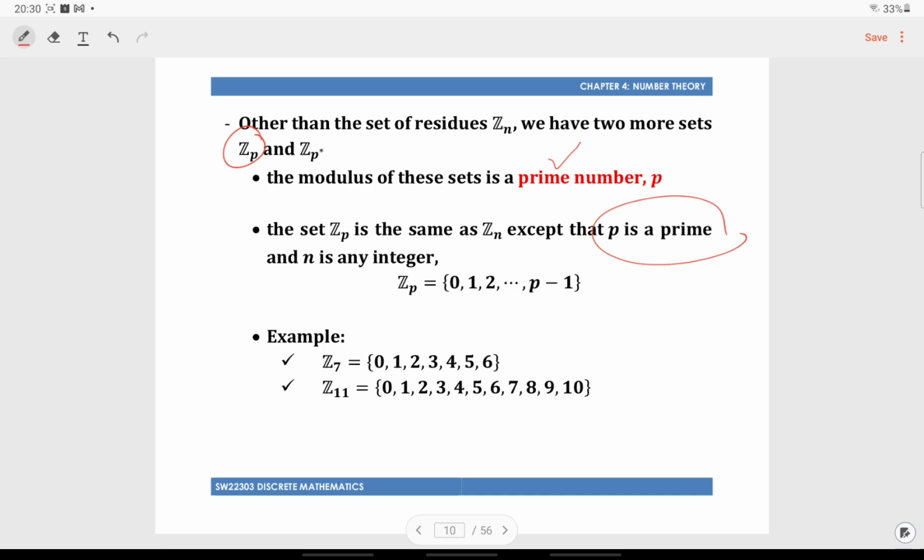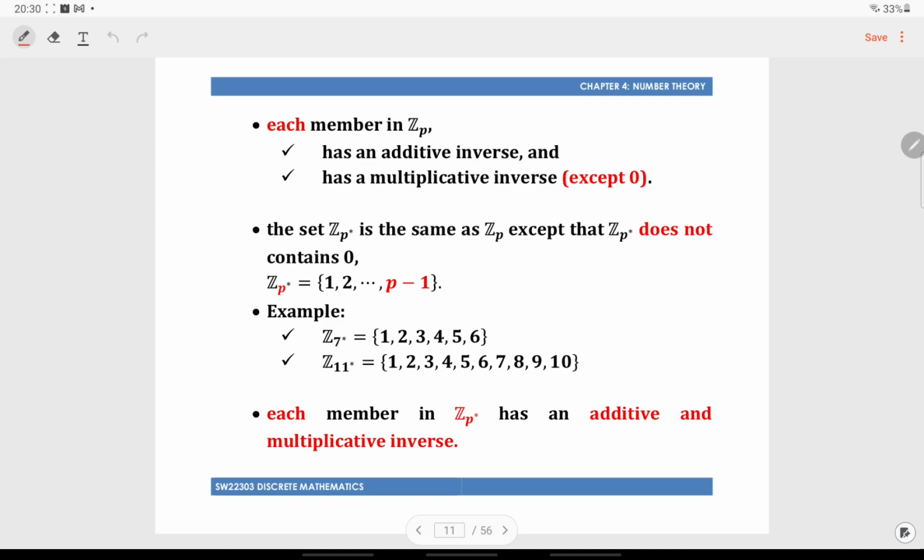I give you two examples here. This one is for Z7, where 7 is a prime, and Z11, where 11 also is a prime. So start from 0 up to p minus 1. How about Zp star? For Zp star, the elements start from 1. Just like Zp, but the smallest entry for Zp star is equal to 1. Because of this simple difference between Zp and Zp star,